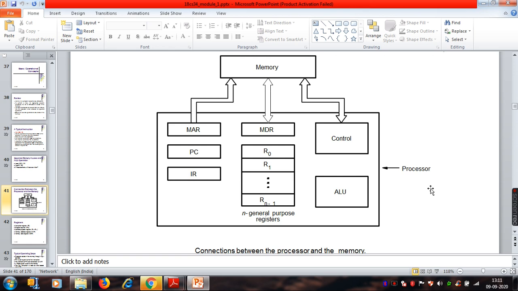How is the data available? Either you can store the data in any of the processor registers, or you can store the data in a certain memory location. When you store the data in some memory location, you have to refer to the proper address in the instruction. When you do that, that address is loaded into the register called MAR. For example, if you want to execute the instruction add location A, what is location A? It is some location in the memory, right?